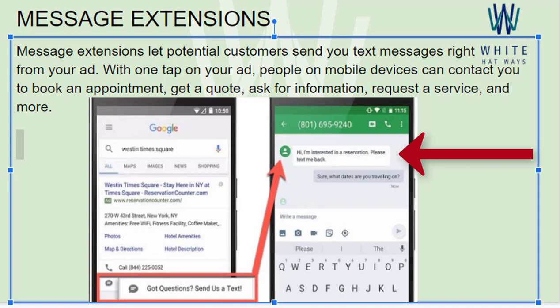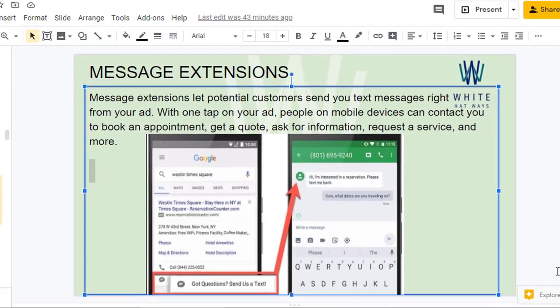It is not an elongated conversation, so that the conversation starts from a specific note. So though the advertiser is setting up the message text, it is actually coming from the customer side, and it can be a message like, I would like to book an appointment, maybe I would like to get a quote, maybe it's going to be very specific, so that the conversation is not prolonged, so that the conversation is to the point. So now let's get on to the campaign and see how we would set up the message extensions.